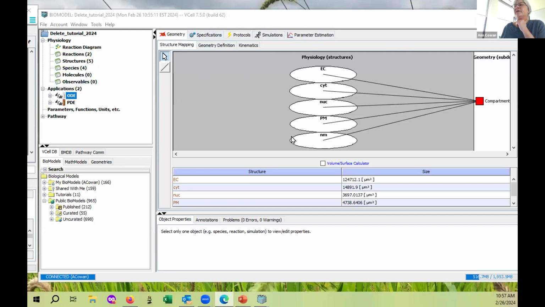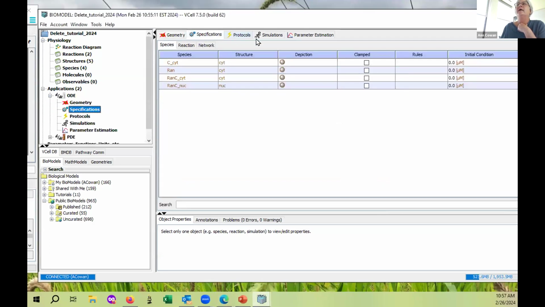So the first thing that you need to do when you create a simulation, now I have the geometry. So in this case, it's a particular compartmental model with certain size ratios of all the compartments, right? So now I need to specify the components of this model, and in this case, the initial conditions. So I need to specify what the initial starting concentrations are. So in this case, I'm going to start with everything as the complex of